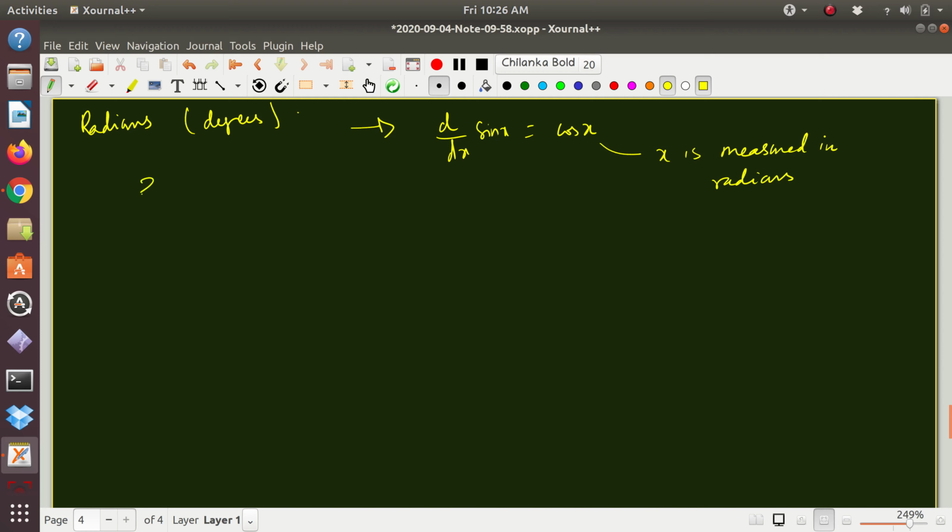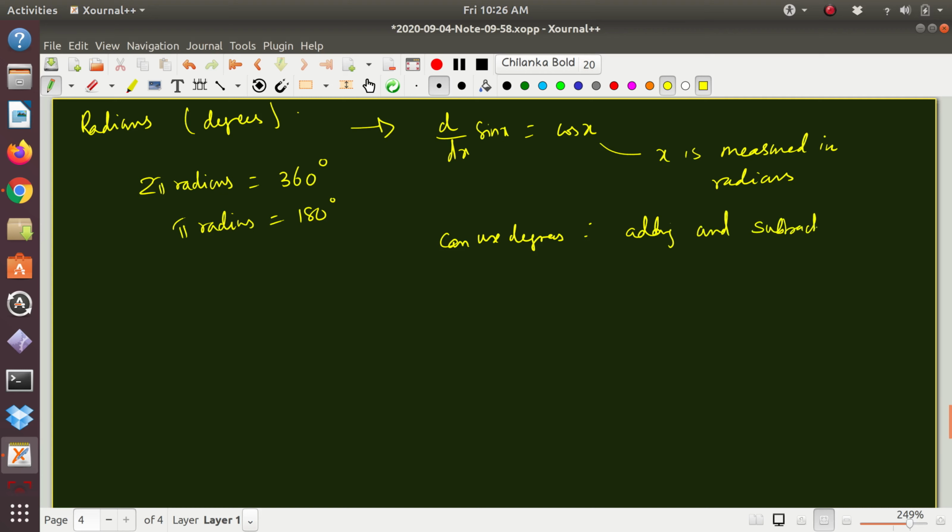You know that 2 pi radians is one entire circle, 360 degrees. So pi radians is 180 degrees. This is how one converts between degrees and radians. But remember that you cannot use degrees if you have Taylor expansions, or calculus like derivatives. You can use degrees for adding and subtracting an angle, but not for